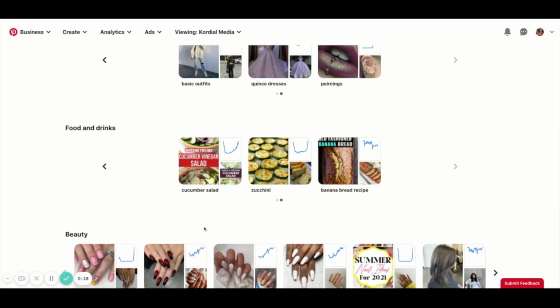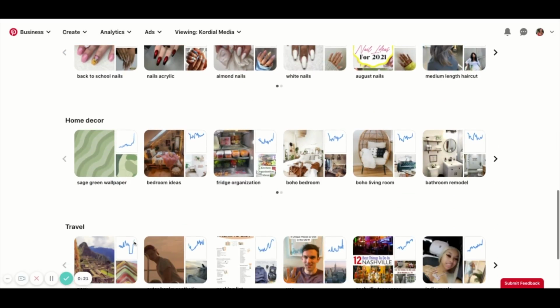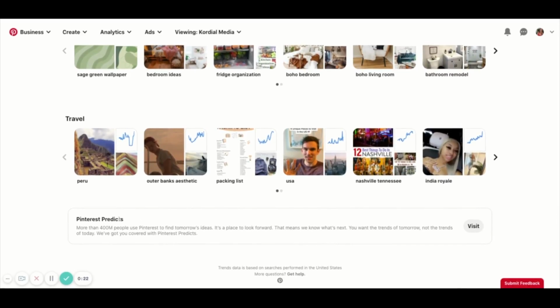So you can capitalize on creating blog posts or uploading products that relate to certain trends. So you can capitalize on the success of a trend and hopefully help increase your traffic to your site and your sales as well. So the Pinterest Trends tool is great. It gets updated about weekly. Sometimes it's a little slow to get updated, but overall it's a great tool.